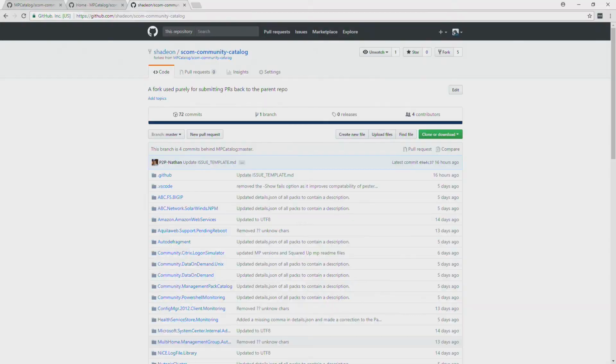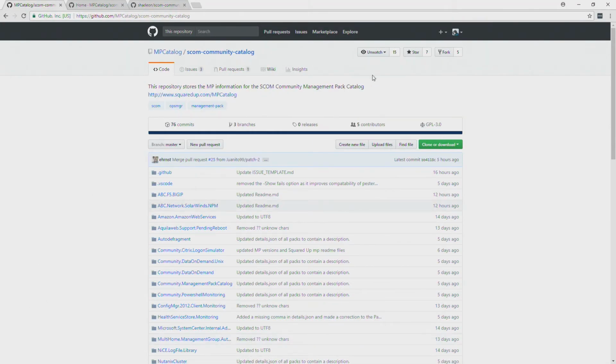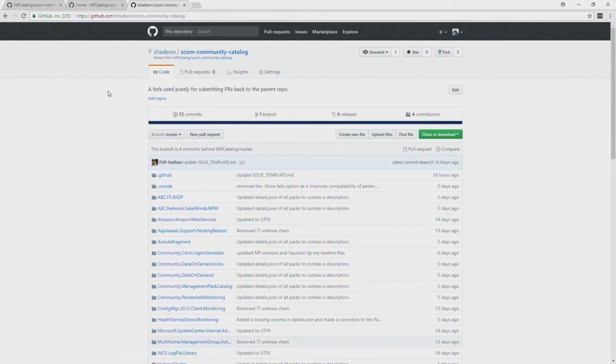So I have got the repository up here. What you'll need to do is, once you sign into Git, the first thing is fork the repository. You need to create your own copy. Now this actually got done for you anyway if you followed Nathan's example behind the scenes, so you already have one. If you haven't followed that already, you basically click the fork button here at the top of the screen, and it will then say, okay, I'm going to fork it into your account, and what you'll wind up with is something that looks like this, which as you can see looks basically exactly the same,